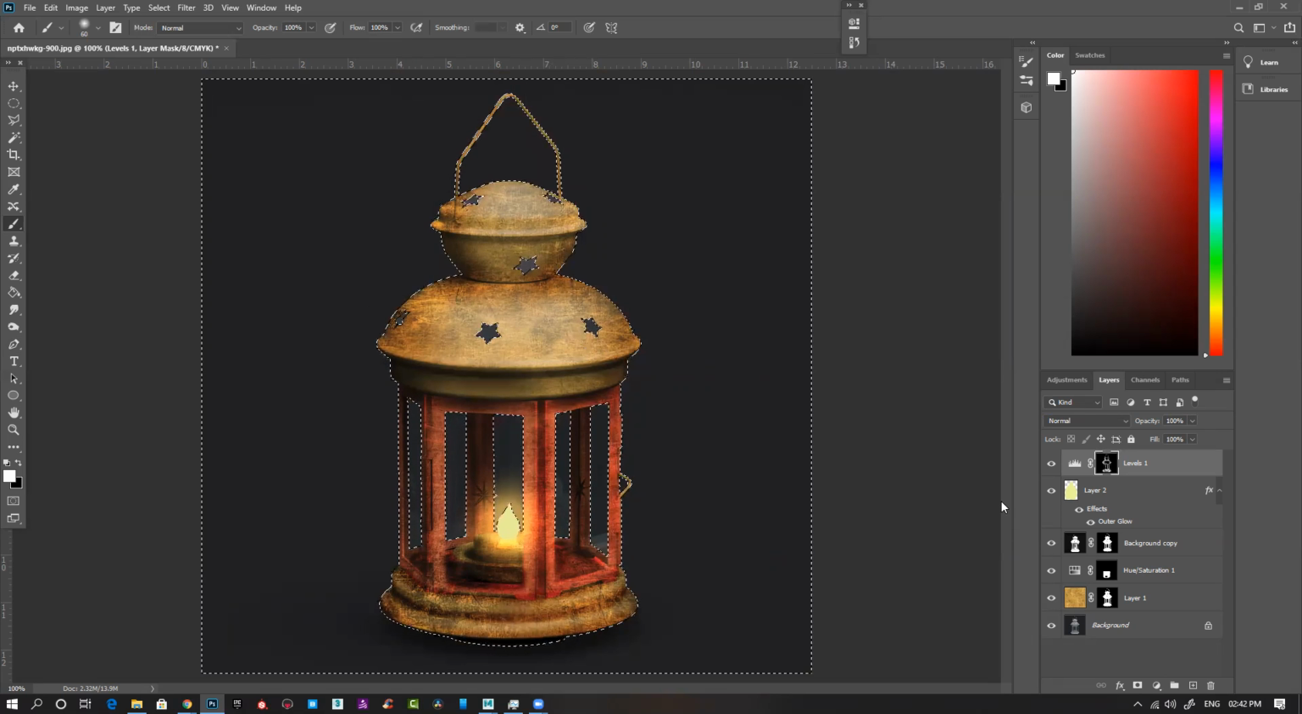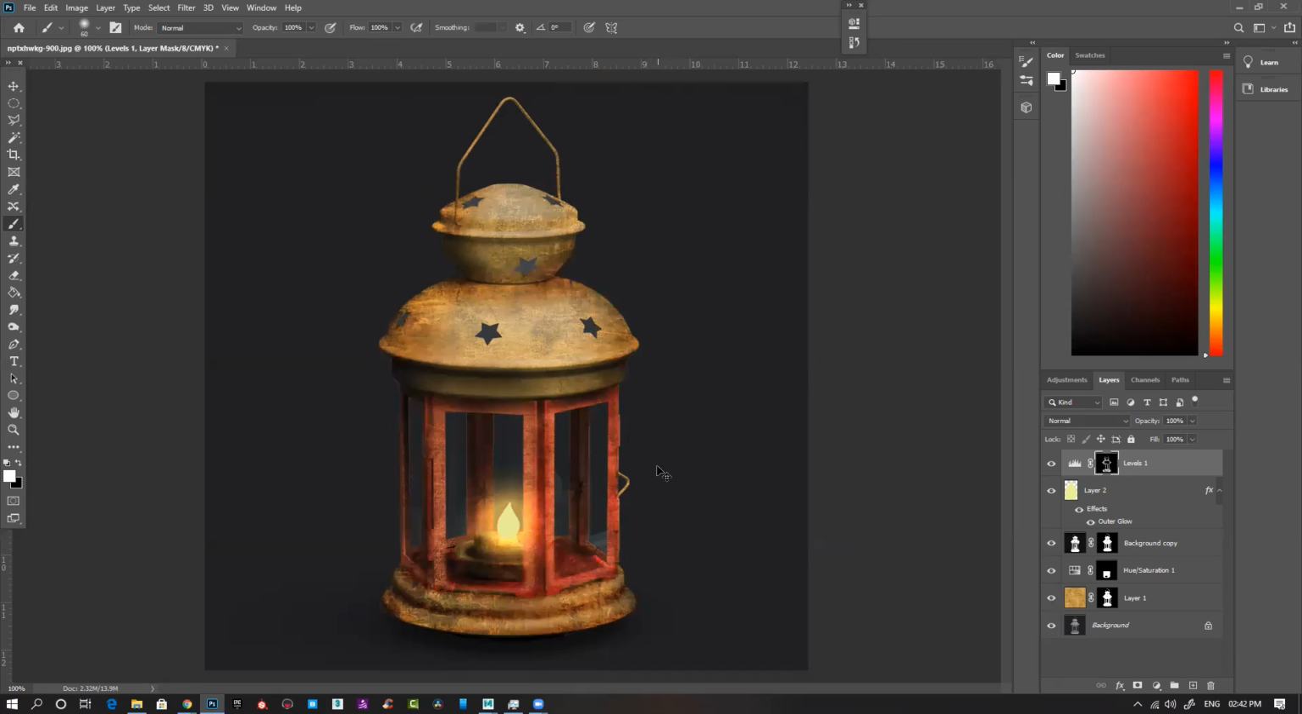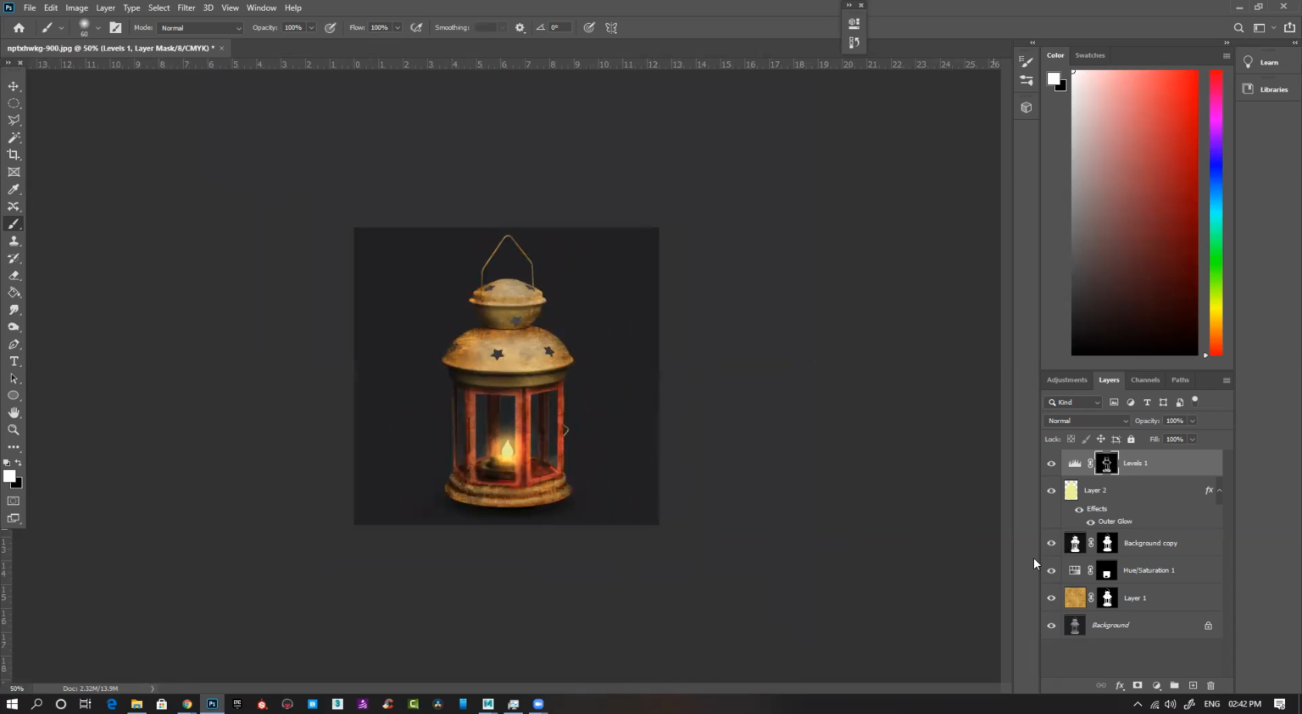Invert. You can see it very easily and group it. Control